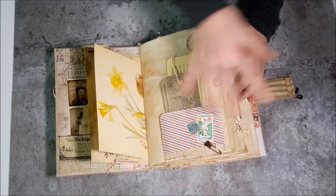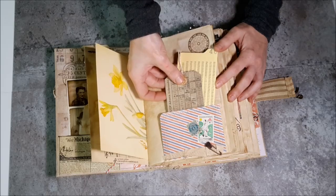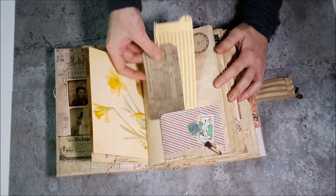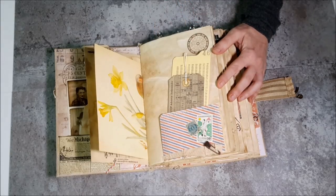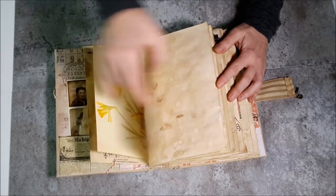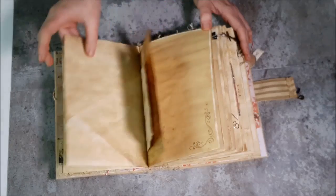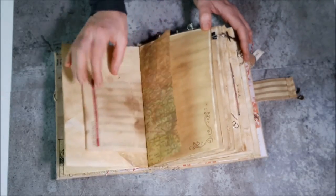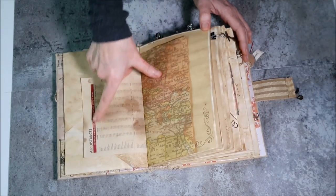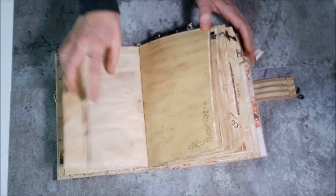Sprinkled throughout the book, there's going to be stamps. This is some airmail. And then we've got these two tags, and also a perpetual calendar up here. And see, like I said, a lot going on in this book. But there's also a lot of blank pages that you can write on. These are some pages that came from a planner, and it's the air distances between the major cities. So it's some map paper,